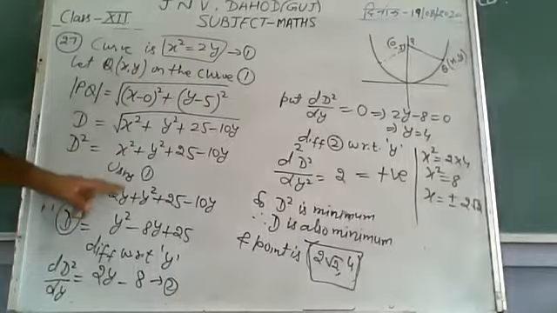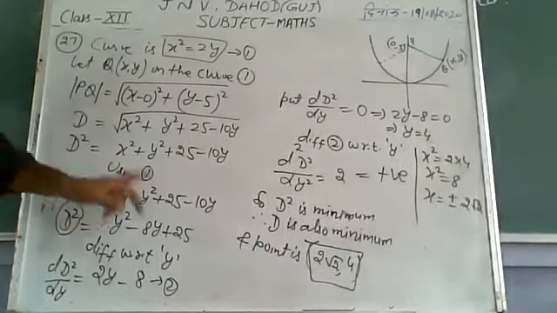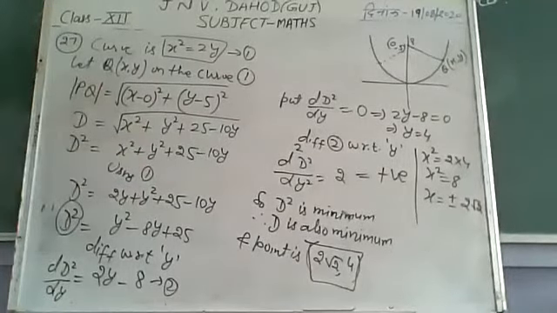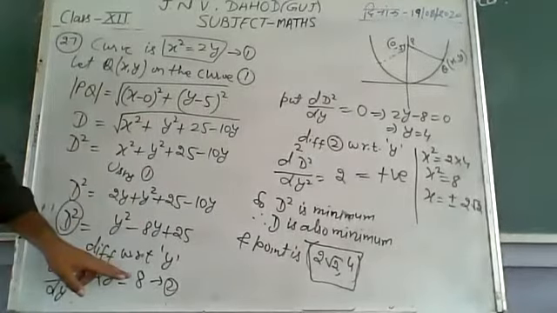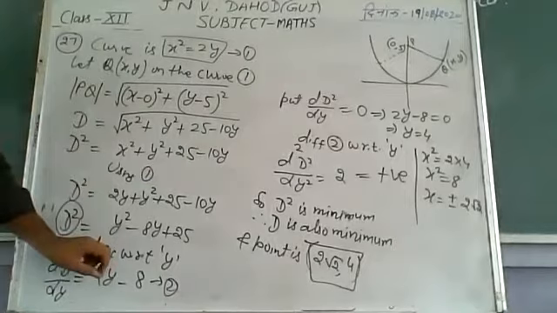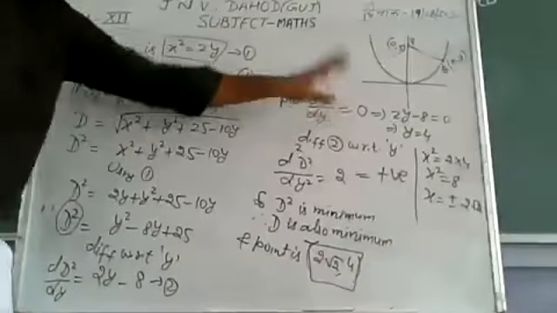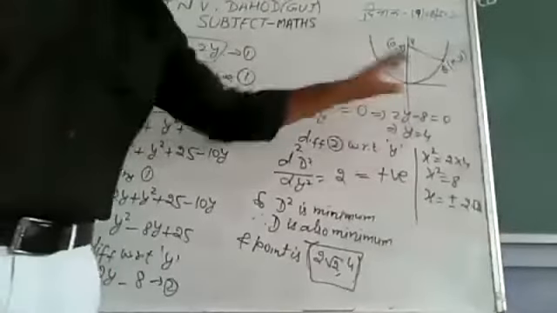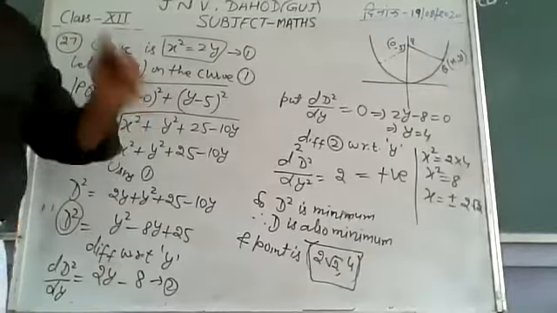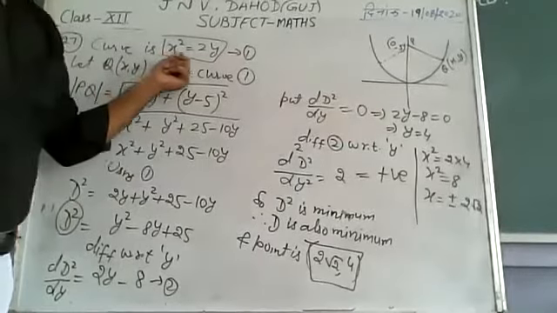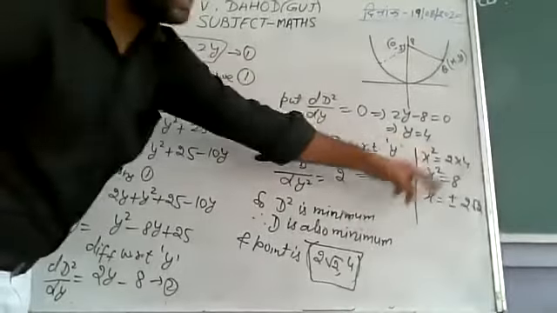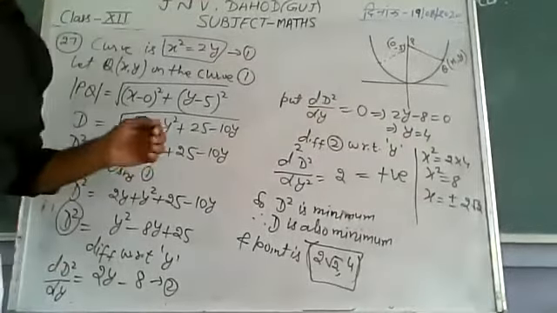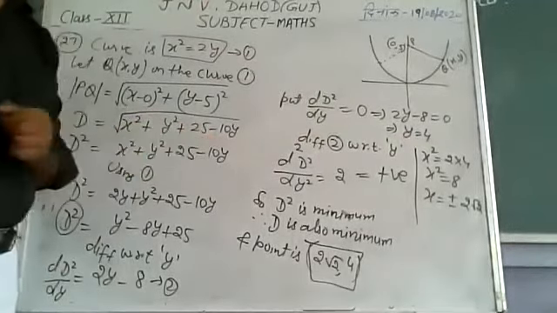So put x square equal to 2y. Now we have only one variable, we can differentiate it easily. डिफरेंशिएट विद रिस्पेक्ट टू द वेरिएबल विच इज y, y के रिस्पेक्ट में डिफरेंशिएट करेंगे टू फाइंड द टर्निंग पॉइंट और क्रिटिकल पॉइंट, पुट इट इक्वल्स टू 0, we can find the value of y. पॉइंट पूछा था, y के साथ x भी चाहिए, तो हम x भी फाइंड कर लेते हैं। y की वैल्यू 4 जो है वो इक्वेशन नंबर 1 में पुट करेंगे तो x भी आ जाएगा हमारे पास। उसके साथ साथ ये भी चेक करना है कि डिस्टेंस मिनिमम है या मैक्सिमम, क्योंकि क्वेश्चन में लिखा है डिस्टेंस